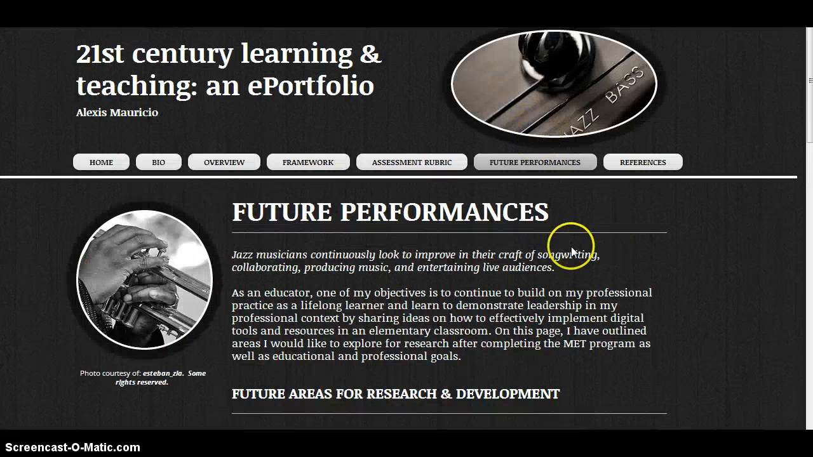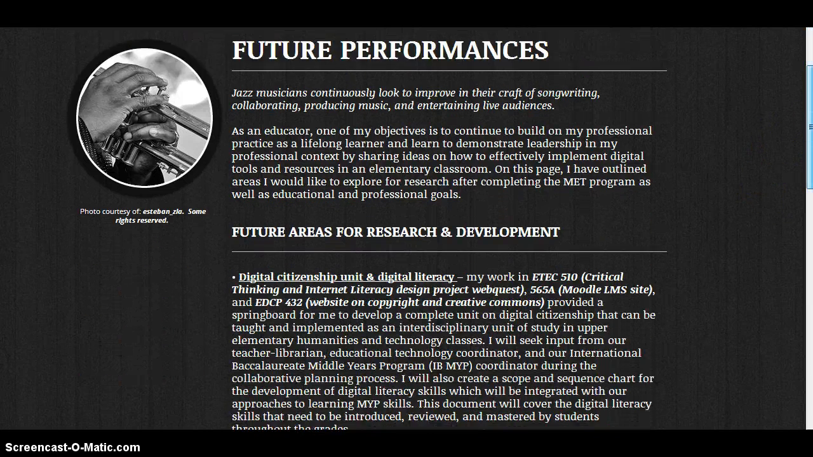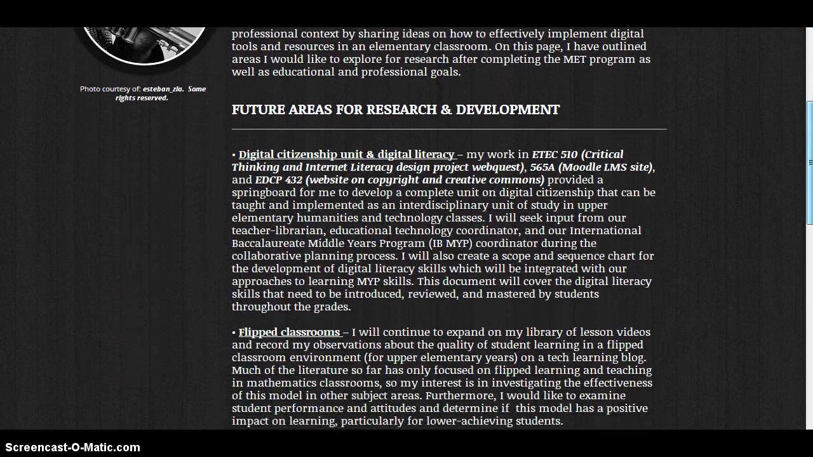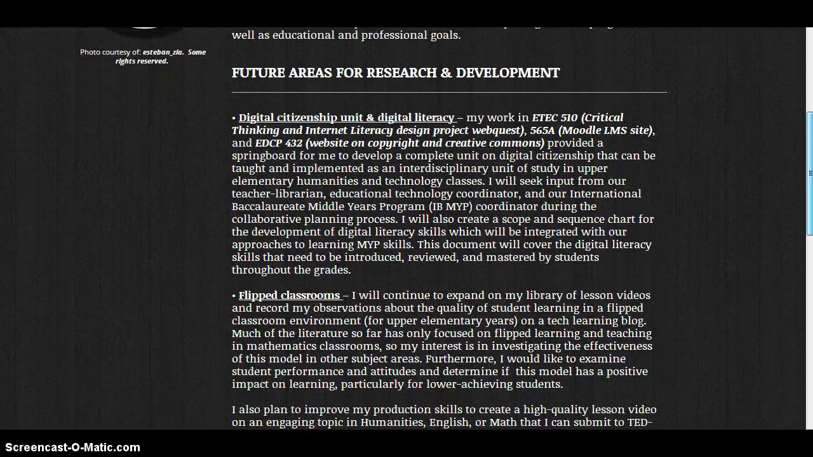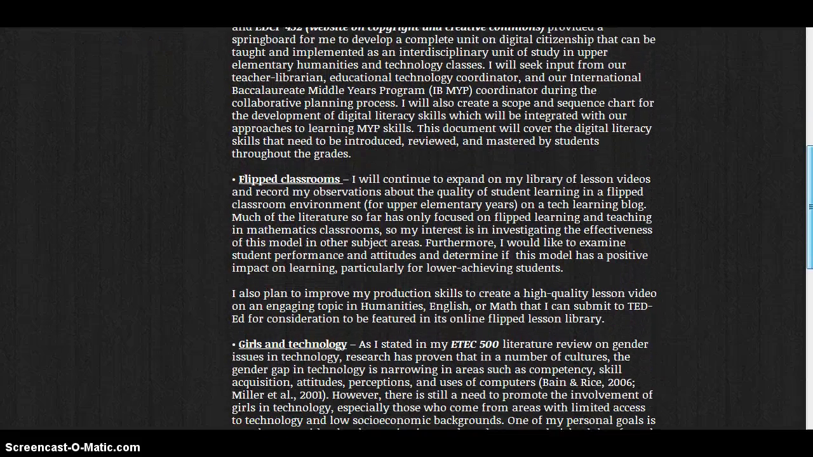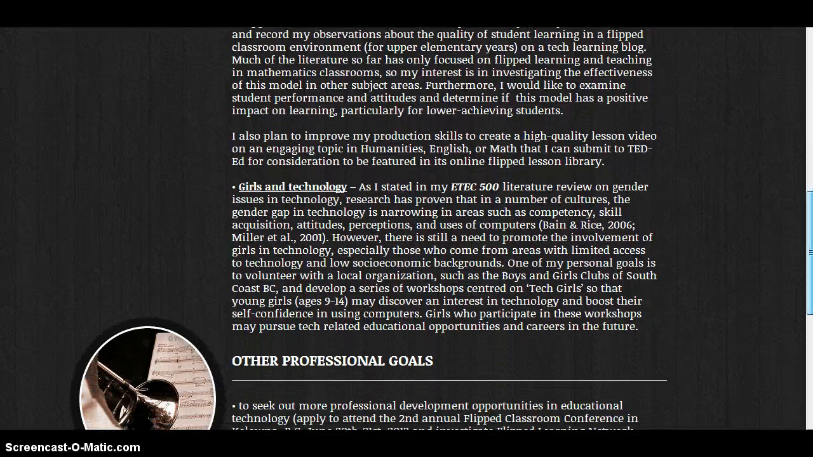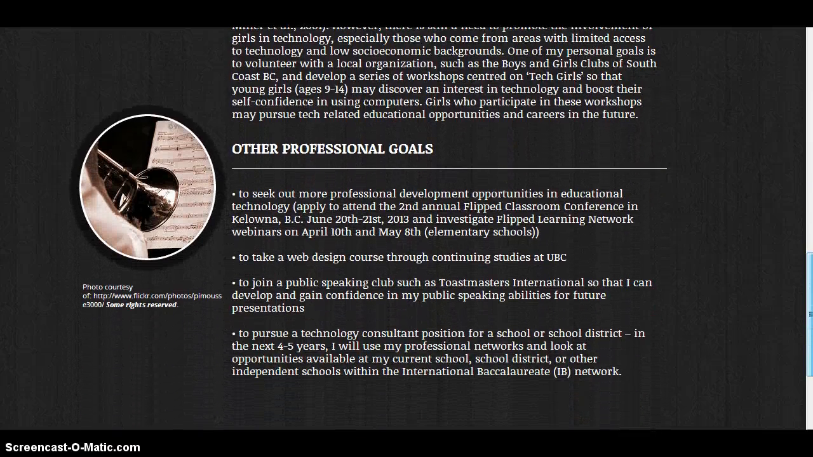I've outlined my future areas for research and development on this page, along with professional goals as well at the bottom. And as you will see, the areas I would like to develop more have a direct relation to the work I have showcased in this portfolio. My professional goals help to extend the learning and skills I have acquired in the MET program, and they're outlined